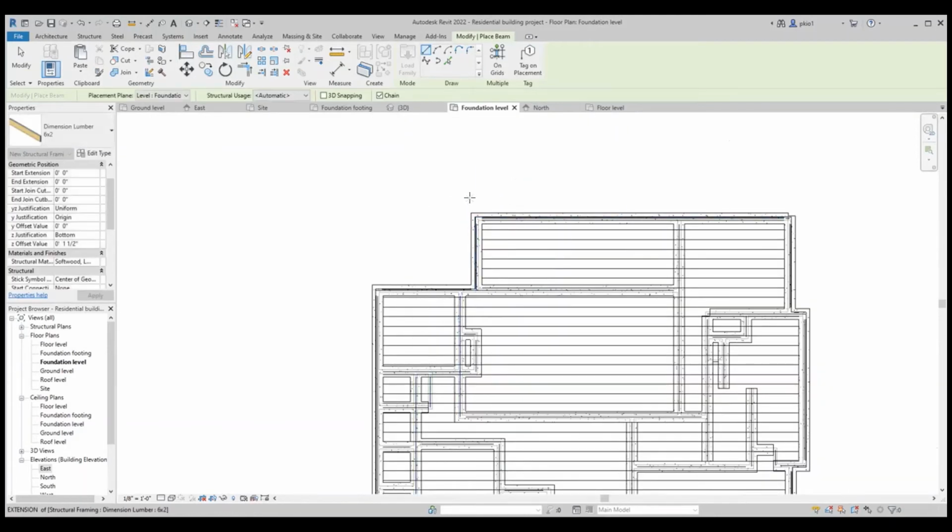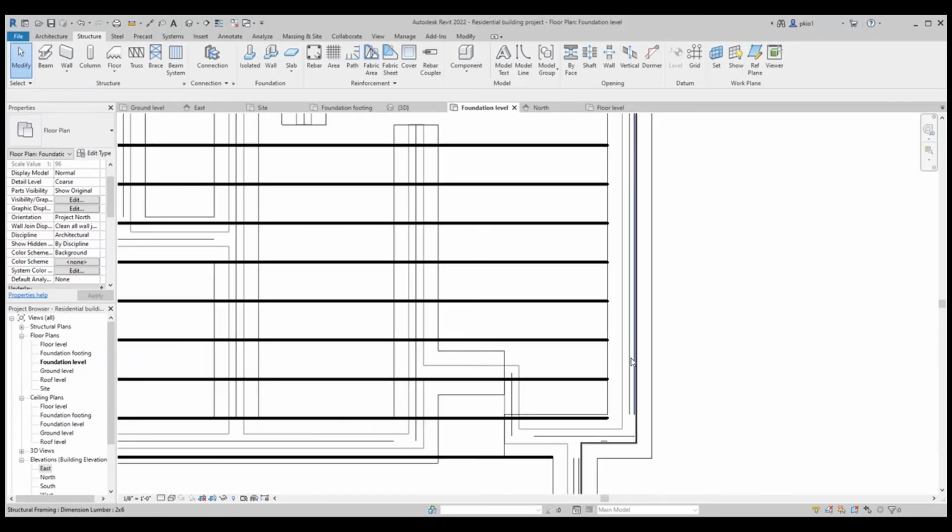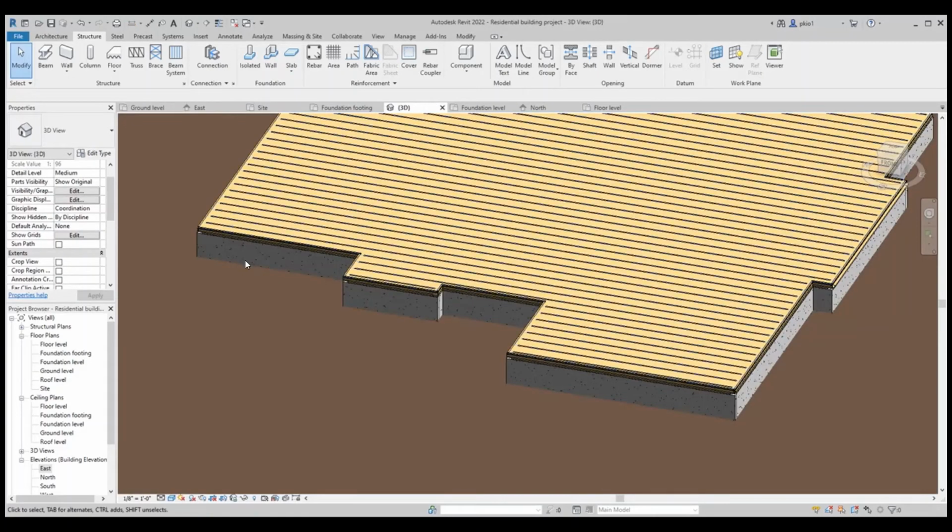So that was the starting point. So say escape and come to this wall that was out of alignment. Let's look at it in the 3D view.